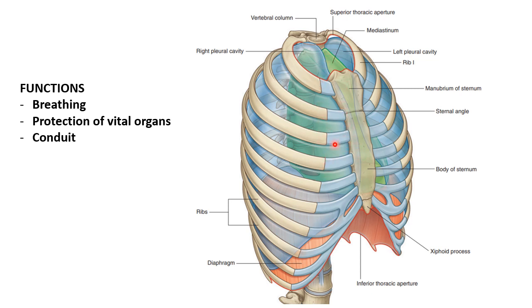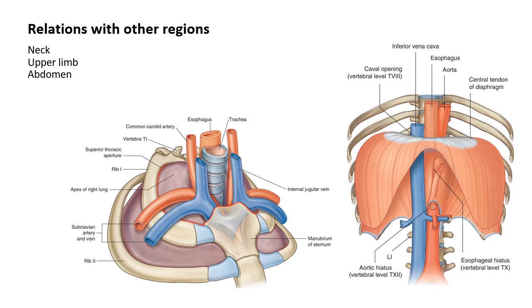And lastly, it acts as a conduit. Conduit يعني ممر اللي راح تمر به structures from the neck to the abdomen and vice versa. And of course طبعا some structures from the neck to the thorax. What are the relations to other regions? Thorax has relations to three main regions اللي هم neck عن طريق superior thoracic aperture, the upper limb عن طريق axilla عن طريق the inlet of the axilla, and to the abdomen through the inferior thoracic aperture, which is sealed